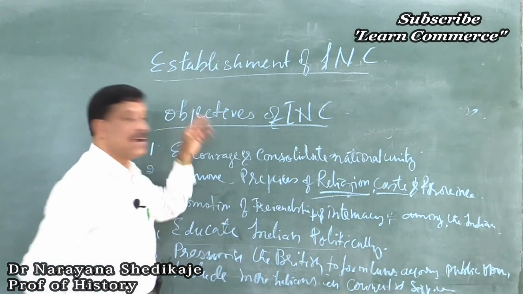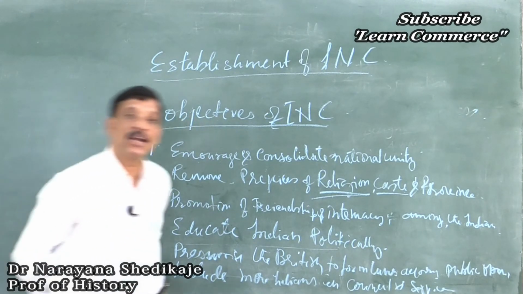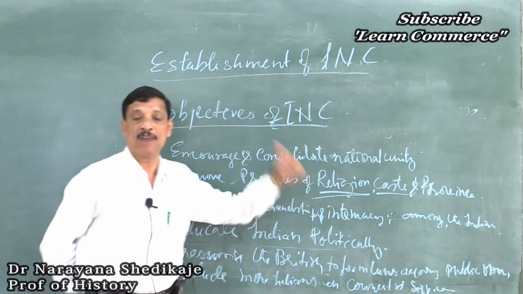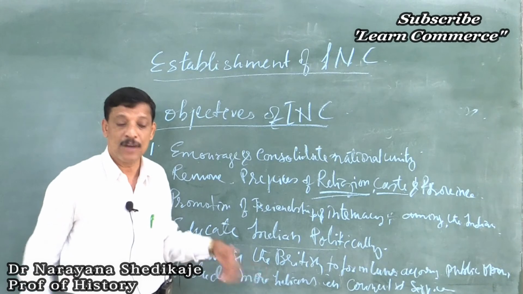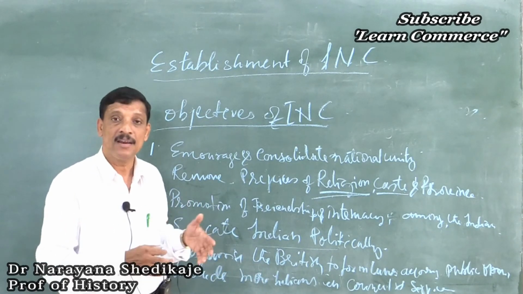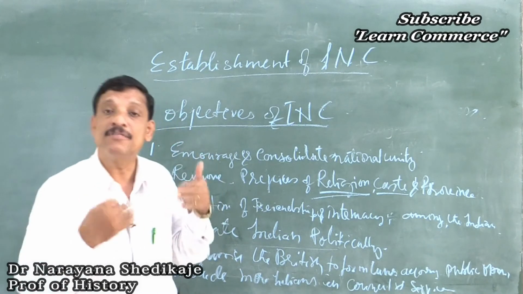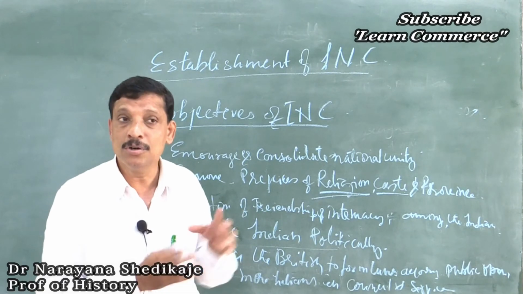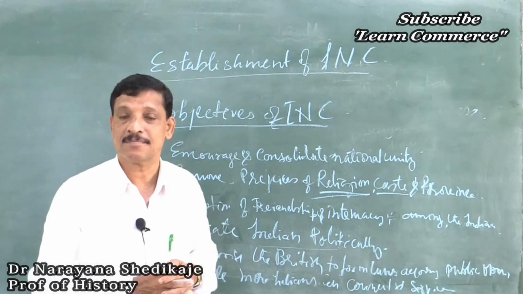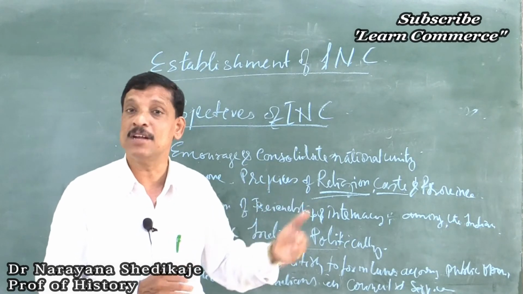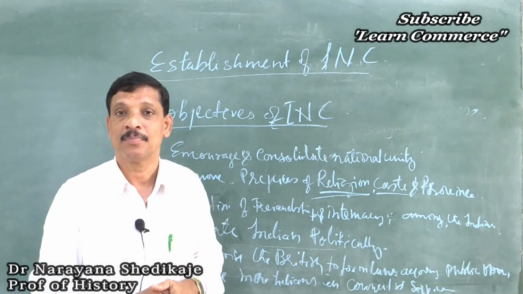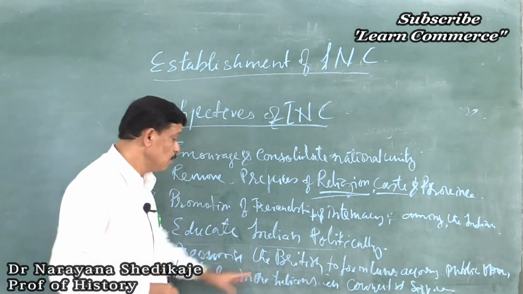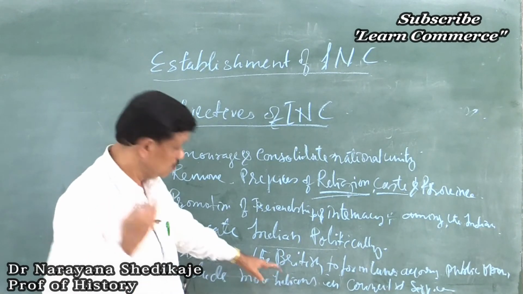But through the Indian National Congress, we should compel the government to appoint more and more Indians in the council, so that we will get some benefits, because Indians there can raise the question or send the voice of Indians against the British. They can place the problems of Indians before the British. So that is why they need more Indians, and there will be good results.